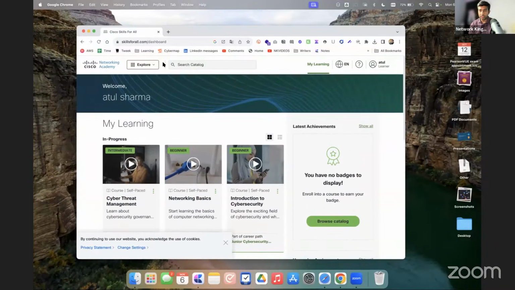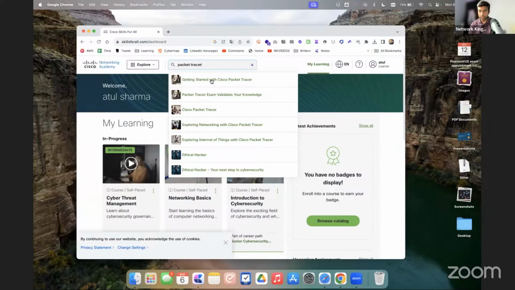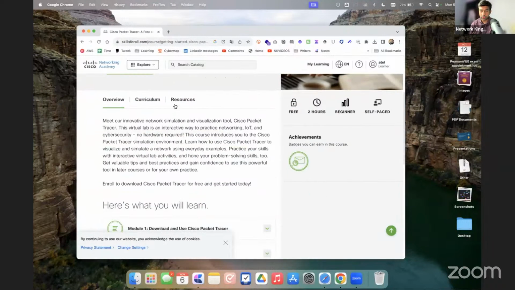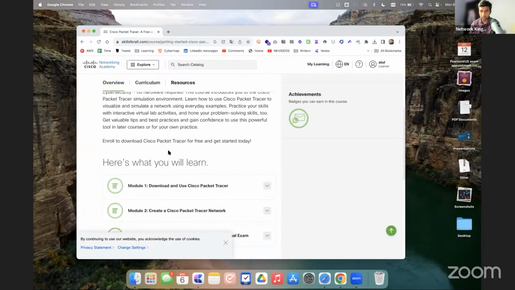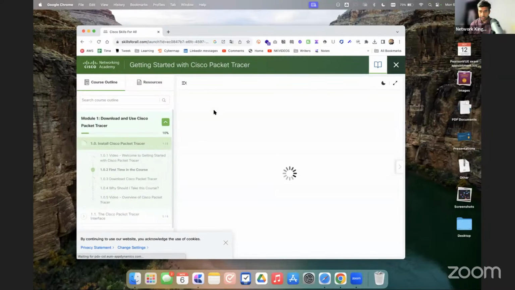Okay, so now you can see once you log in here, you can search here for Packet Tracer. Okay, so you can see the first one, Getting Started with Cisco Packet Tracer. I click on that. Then I click on continue course. I think if I go to resources, no. So I go to resume course. Okay. And in the